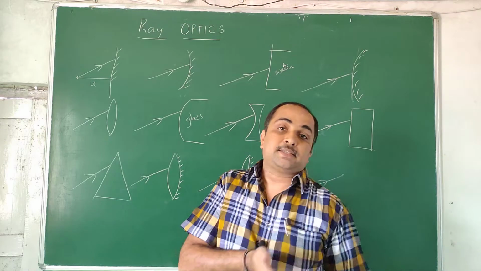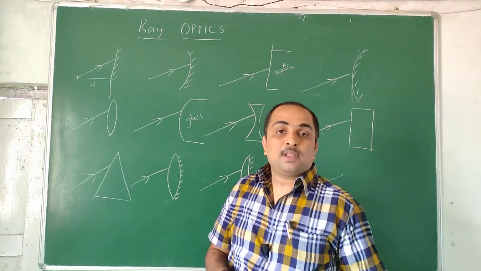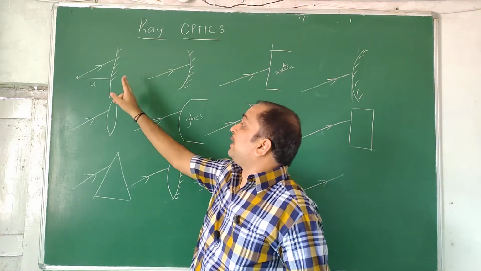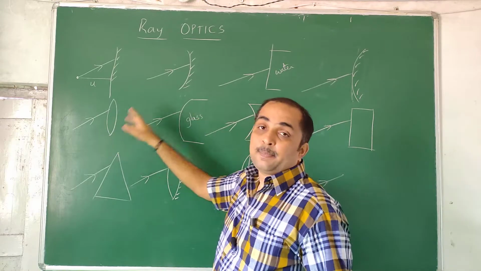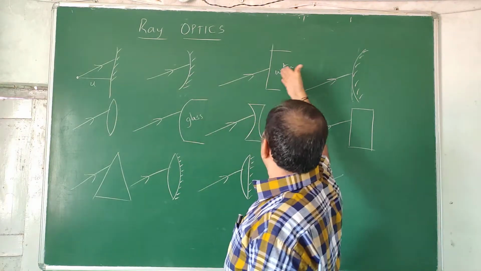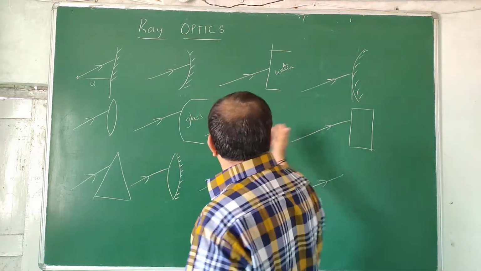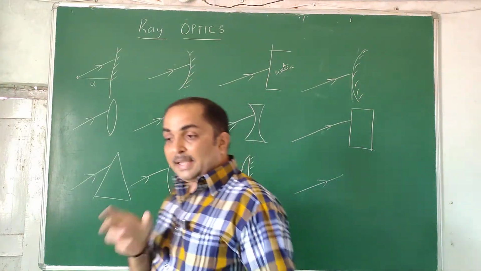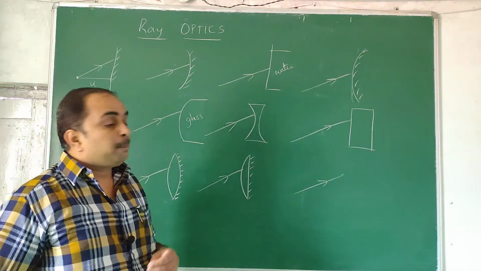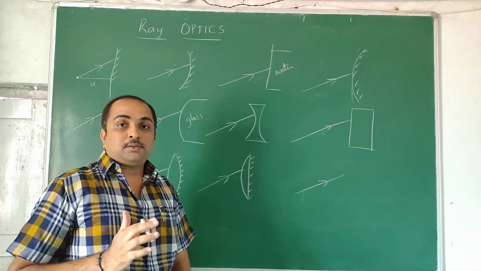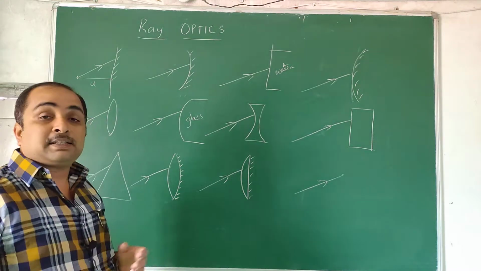Trigonometry is related to sides. So altogether, the target of ray optics is that they give you a ray and they give you an optical element that can be a plane mirror, convex mirror, concave lens, convex lens, curved surface, flat surface, polished lens, prism, glass slab or anything. After seeing that, you should be able to speculate what's going to happen. So you might have got a little shiver, you might be afraid of what to do. So many varieties are there, how to do it.